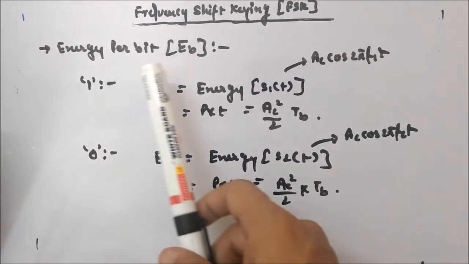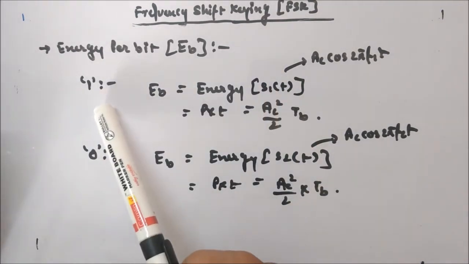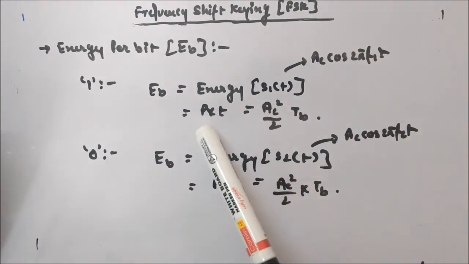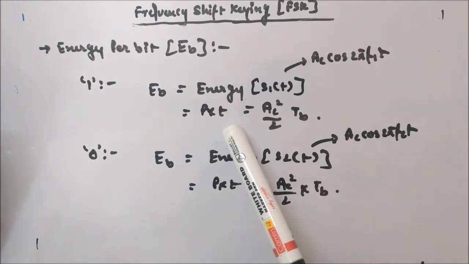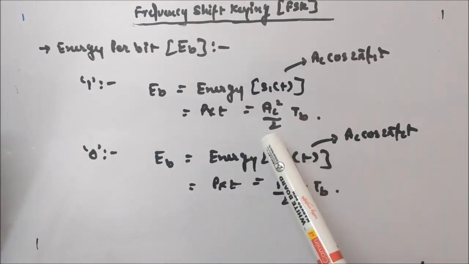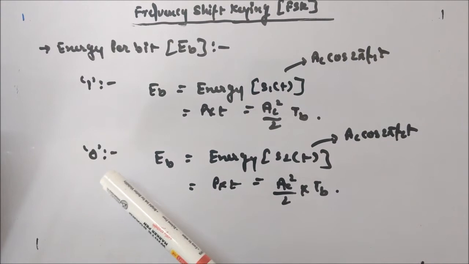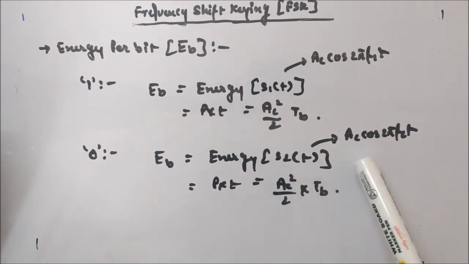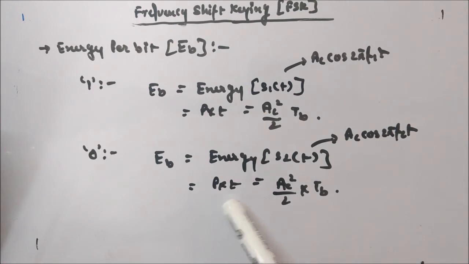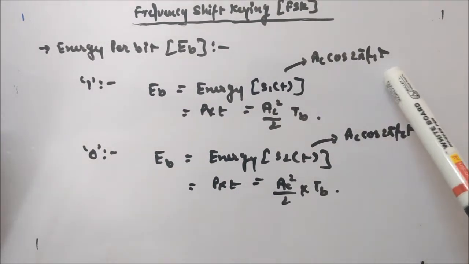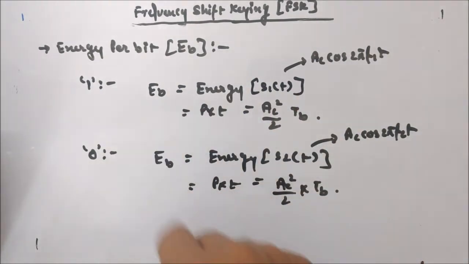Now let's look at the energy per bit of frequency shift keying. So when you are transmitting one, you are transmitting Ac cos 2 pi F1t. So you will calculate the energy of this. This can also be calculated as P into T, power into time. So power is Ac square divided by 2 into time is your bit interval, Ac square divided by 2 TB. Similarly for bit 0, you can calculate the energy of this signal Ac cos 2 pi F2t, that is P into T, Ac square divided by 2 into TB. This is same as before. The thing is actually the amplitude will not change if you change the frequency of the signal. That is why your energy per bit is same for 1 and for 0 as well.